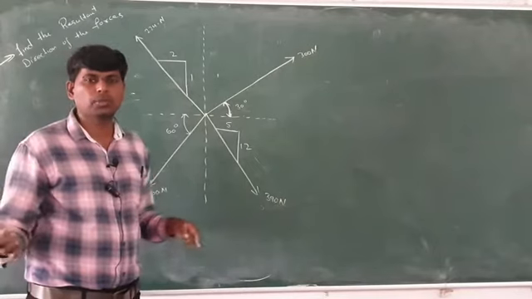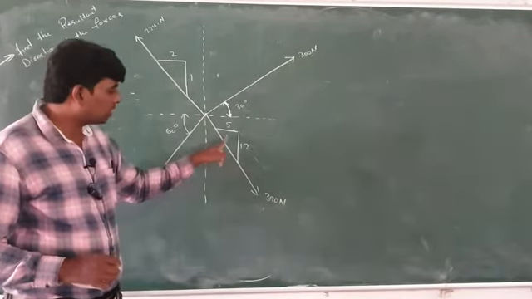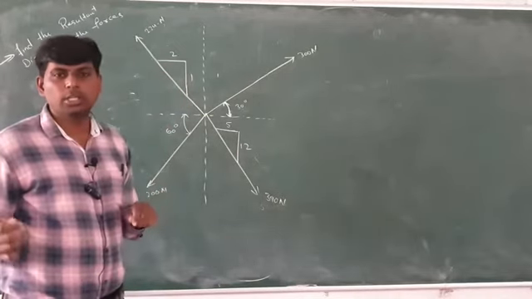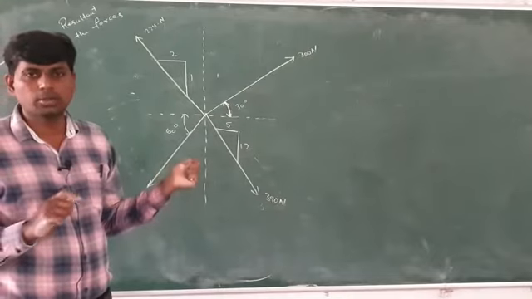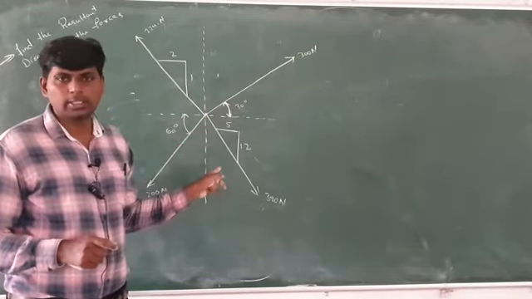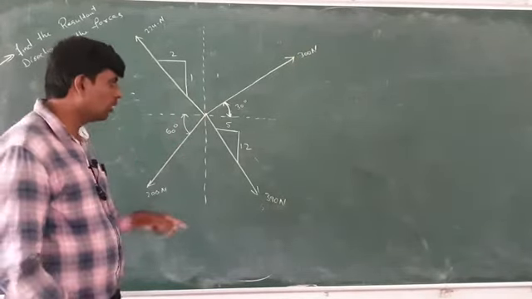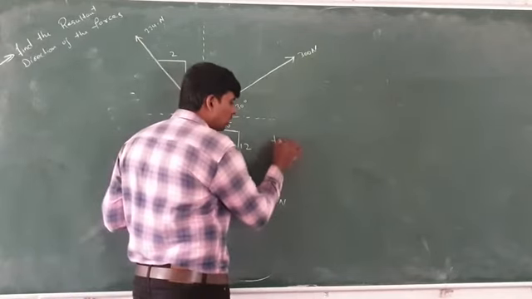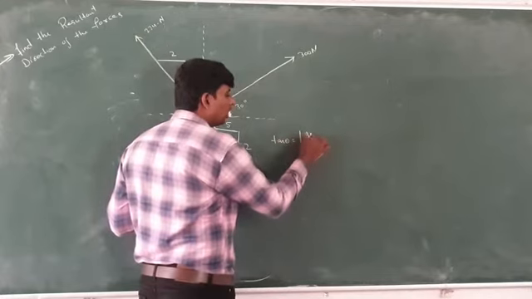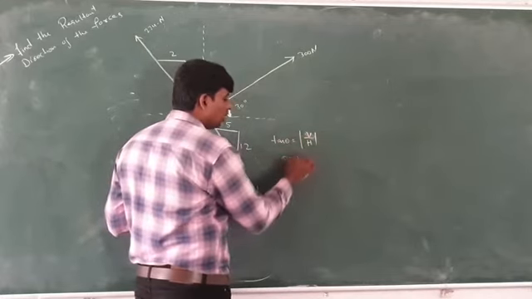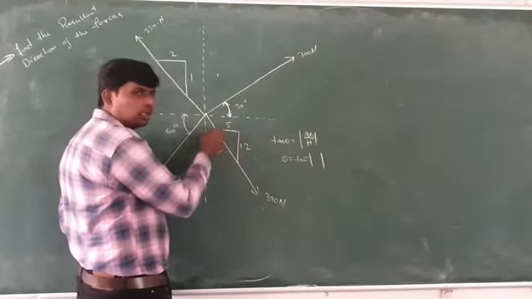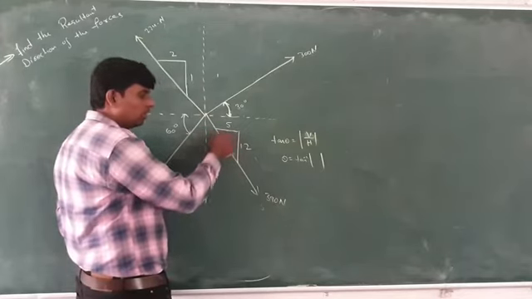What is the difference between the previous problem and this problem? Here, triangle shapes are given with 5 and 12, and also 2 and 1. In the previous problem a direct angle was given, but in this problem a direct angle is not given. So first you have to find this angle. To find it, write tan theta is equal to the modulus of vertical by horizontal. So theta is equal to tan inverse of vertical by horizontal. This side is the vertical and this side is the horizontal.